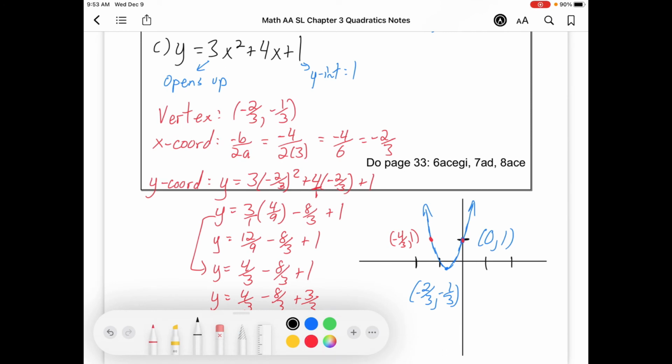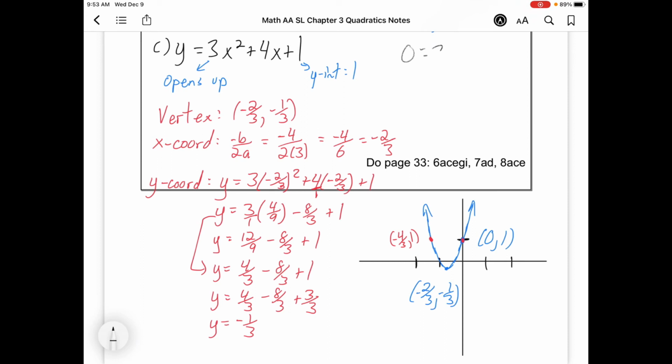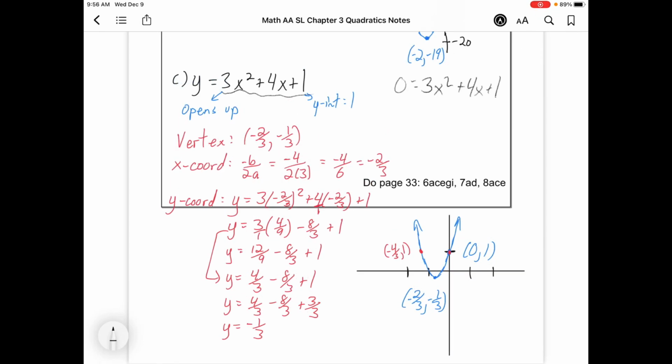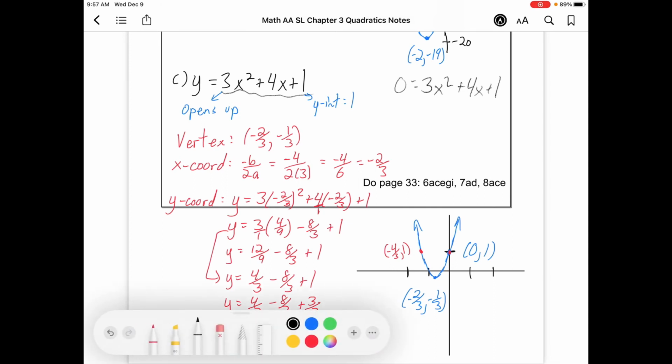If we wanted to find the x-intercepts, then we could do that without too much trouble, right? We could just set y equal to 0 and solve this either by factoring or by quadratic formula. Let's go ahead and find those x-intercepts. So I can solve this equation that I wrote up here